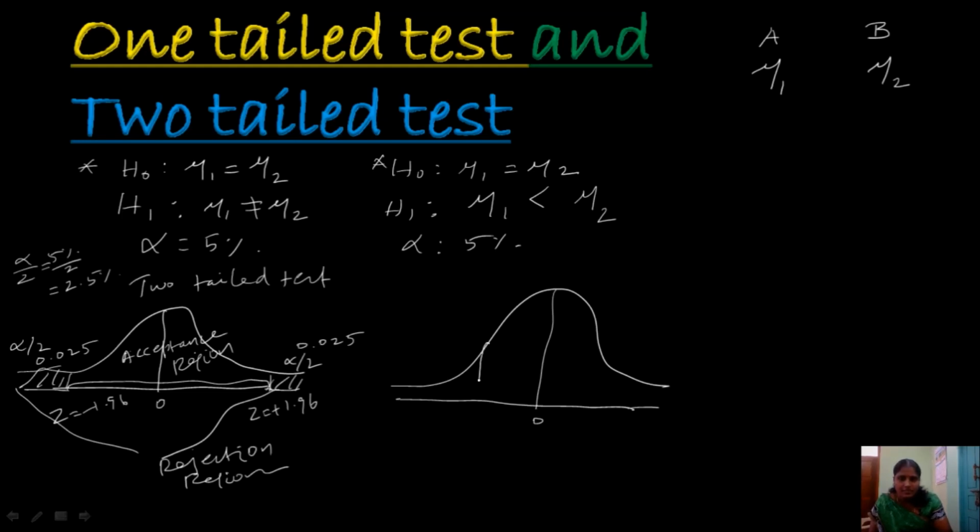the 5%, that is the alpha value, that is the critical region, falls in only one side of the normal curve. That means 5% falls here. That is 0.05. So my rejection region falls in only one side of the curve. So this is my rejection region. The remaining regions here are my acceptance region.